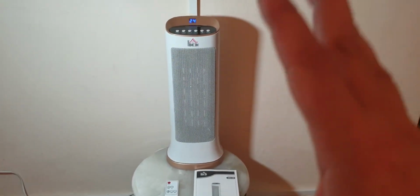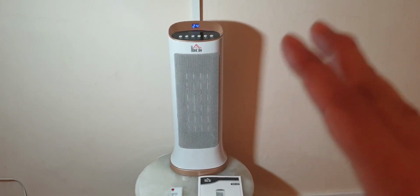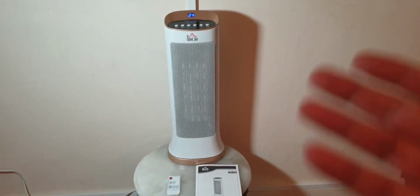on eBay that you can buy this for £45, but the normal price of this is about 55. Some people are selling this for up to